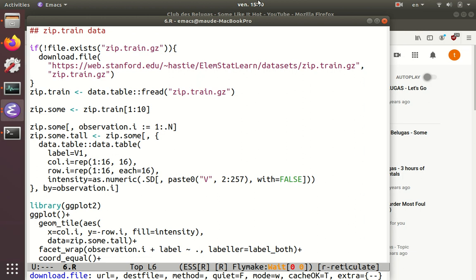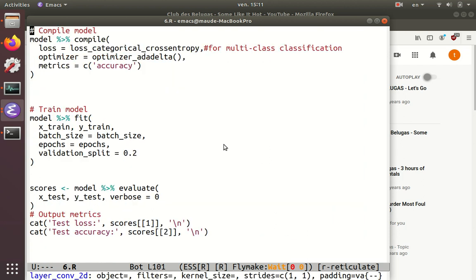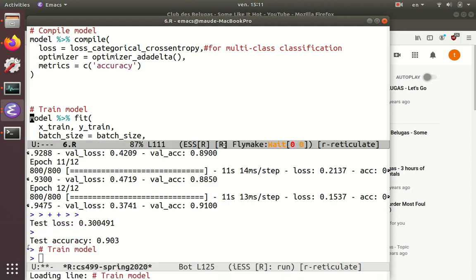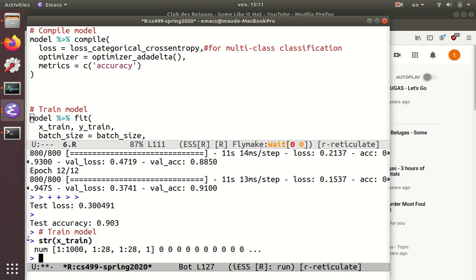Hi, so in this screencast I'm going to be showing you how to adapt the zip.train dataset for use with Keras. In the last screencast we saw that using the MNIST dataset with a model fit function from Keras requires that the x-train has to be in a very specific kind of format. Right, so x-train here looks like a four-dimensional array